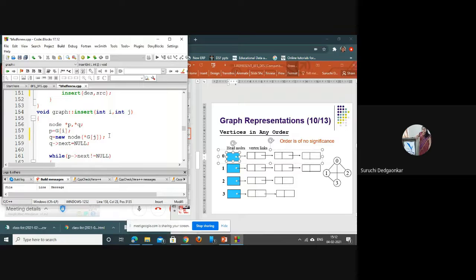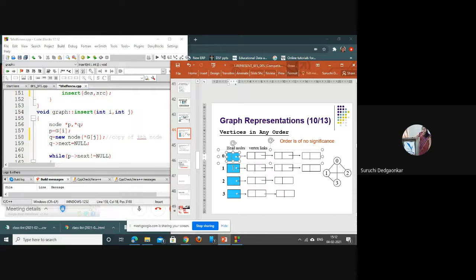So this is nothing but the copy constructor, where we are creating a copy of the jth node. Suppose we have to insert the edge from 0 to 1.